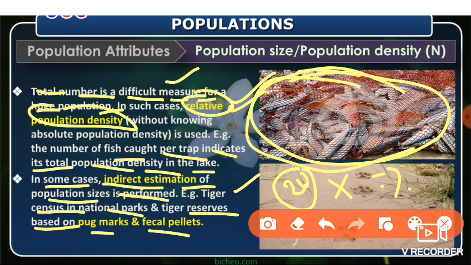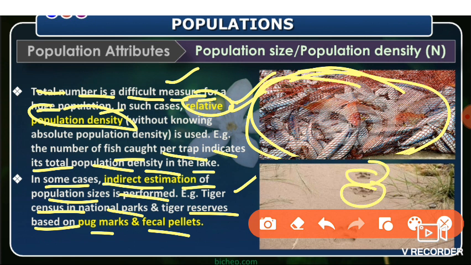Whatever the pug marks are, for example, here they have given a diagram. Okay, here you can see these pug marks. These are the pug marks. They are like your fingerprints or thumb prints, and they are unique here, because if you compare to an elephant or any other animals, the pug marks are different. So based on these pug marks we can identify and calculate the density,